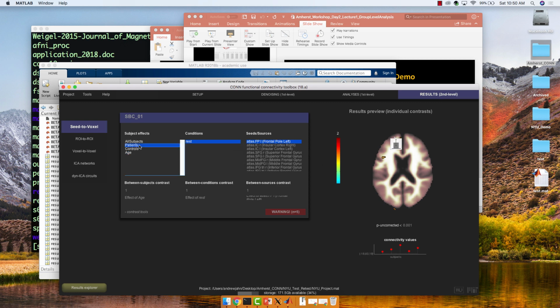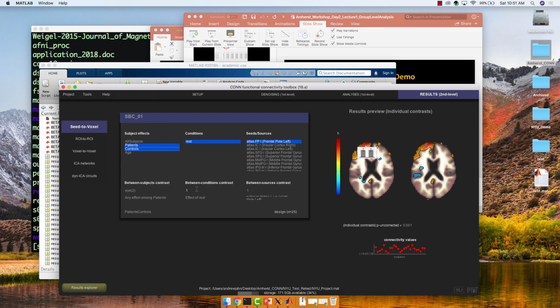Something a little bit more complicated, let's say I had my patients and controls, right? So I have, I think, 12 subjects in patients, 13 subjects in controls. I want to do a group comparison between the two. So how do I see which connectivity maps are significantly different from each other? I would highlight both,